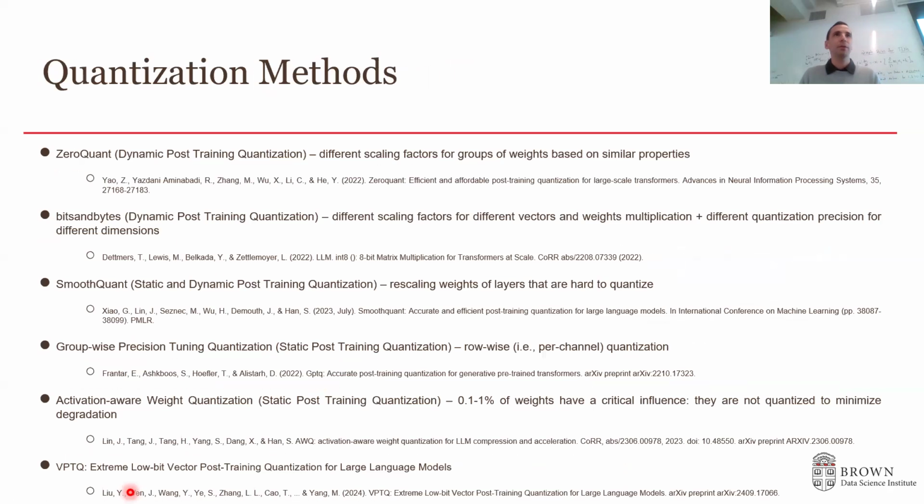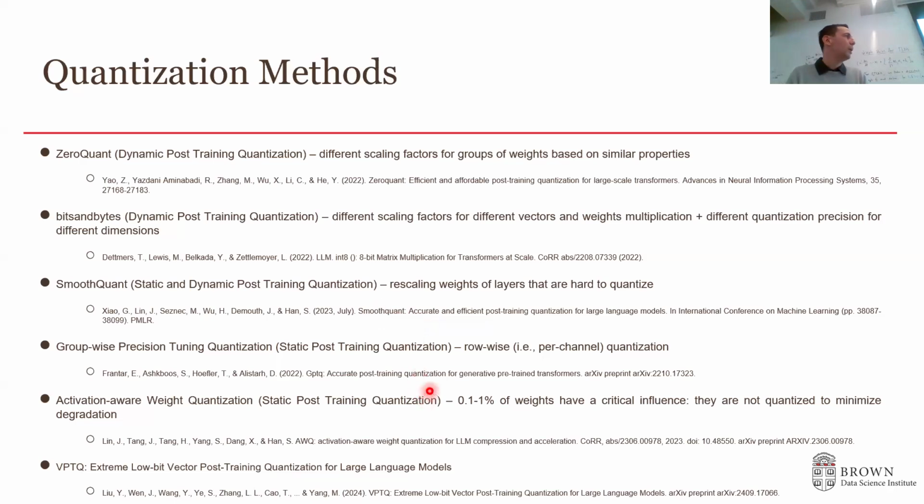So there are many quantization methods. Some suggest that we use different scaling for different groups of weights. The research suggests that we use different precisions. That means not just one precision for all weights, but different precisions. You can just ignore or change the weights that are more prone to high quantization error. That's the same idea as dynamic quantization, but only on specific weights that are presented as an